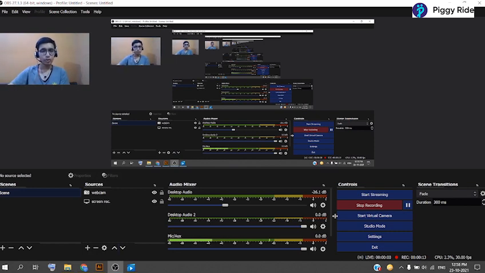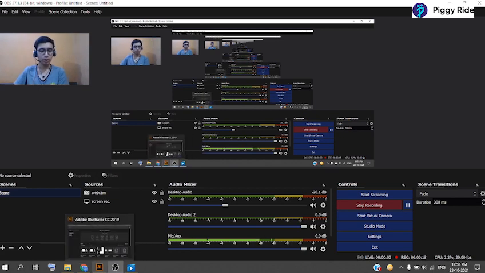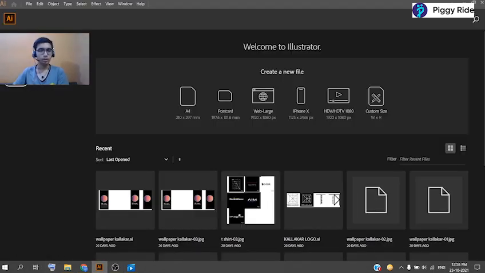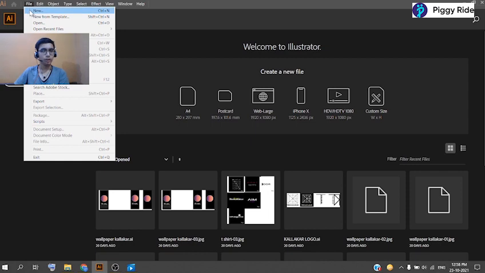So, starting with the software, we will be using the Adobe software called Adobe Illustrator, and this is the interface of that software where we get a file menu in which we can create a new document, or create a new document from any template that we have saved, or open a recent or previous document that we have made. Other options are disabled because we have not opened our artboard or canvas right now. Once we open that, all these options will be enabled automatically.